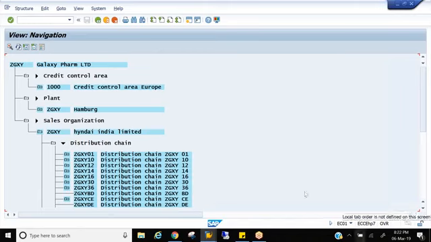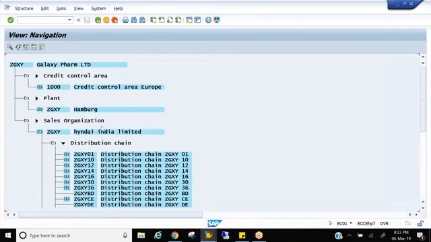Ravi, hi, Anaga here. I have a question. For the sales of Hyundai India Limited, we have given the name as that. No, that has been copied from something else. Okay, but we need to change it, right, as per whatever we want to give? This should be Galaxy Pharma. I copied from 1000. 1000 is Hyundai India Limited, but I haven't changed it. I already showed you how to change it here, so I have not repeated that step.